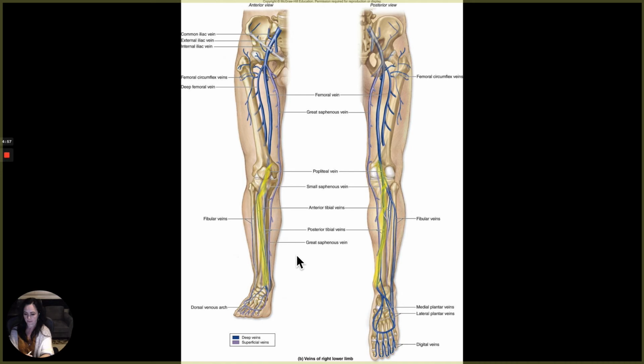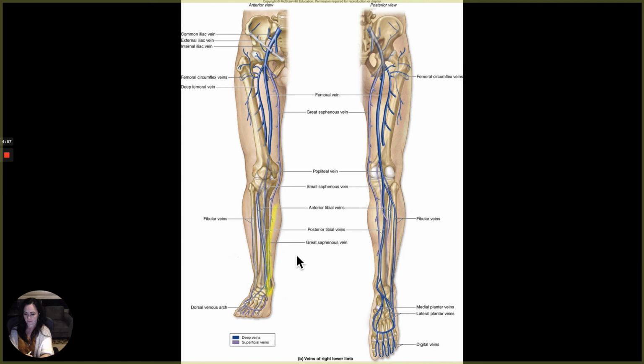Then the popliteal vein, and by the way, we're doing deep drainage right now. Popliteal vein will continue up as the femoral, okay? The femoral will go under the inguinal ligament. Then you will gather in the internal iliac, and then it will become the common iliac. And then let's do the superficial drainage. And again, the superficial drainage is in the lighter color. You really only have to know two superficial vessels, and they are the longest vessel in the body, which is this big honker that starts on